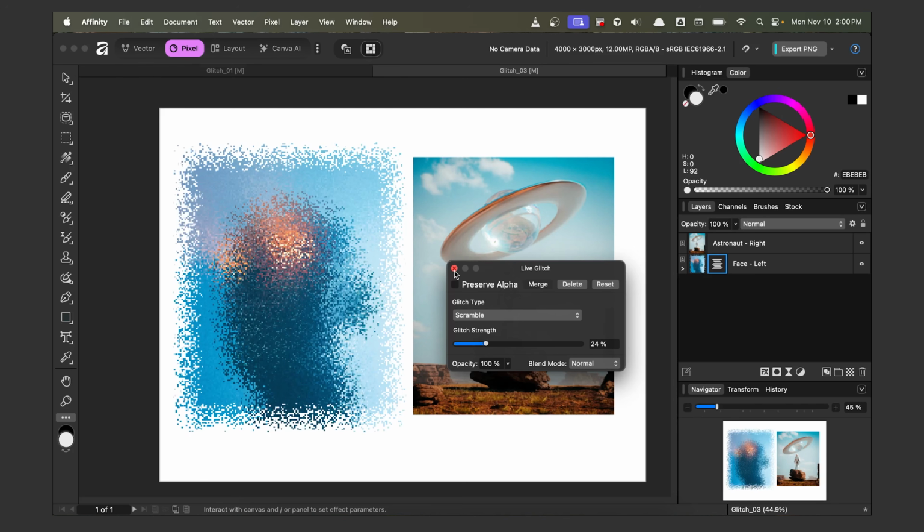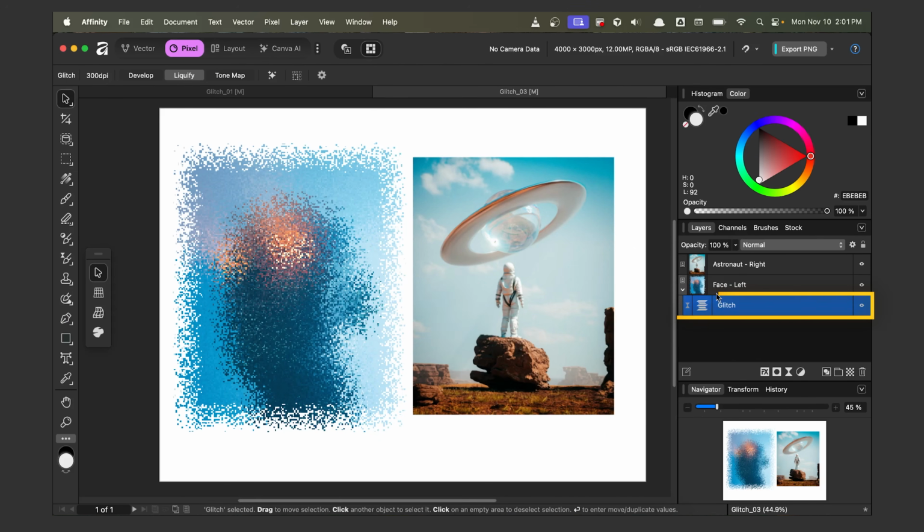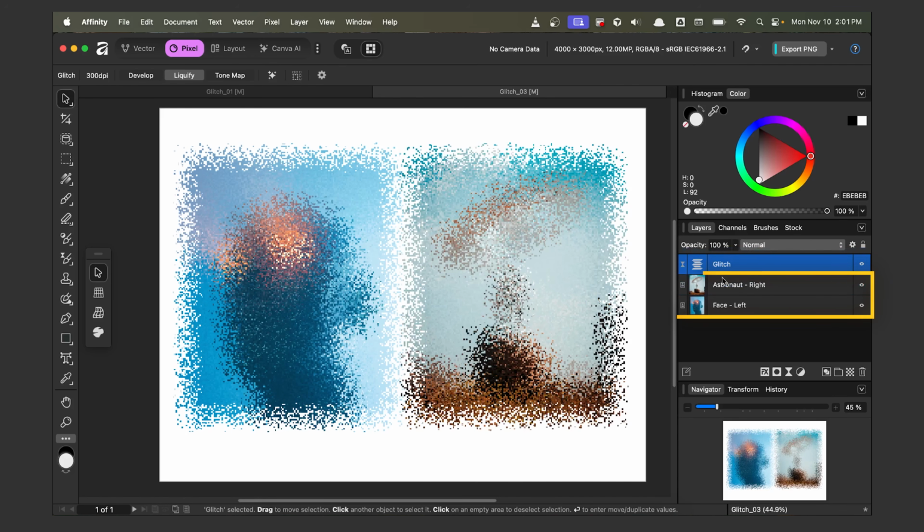Let's close this. So you can see over here that the filter can actually be attached to the layer. And I can also drag out the filter and put it above the layer. This is effectively the same thing. The filter is going to affect everything below it. So if I move the filter to the top, let's drag it up here, it's now affecting all of my